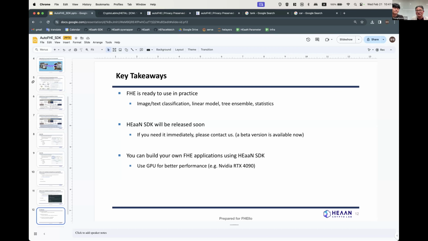On the server side, they can't see anything, and they don't know the model parameters because those are a result of the training. After the completion of the training, they just send it back. So the server has no information.